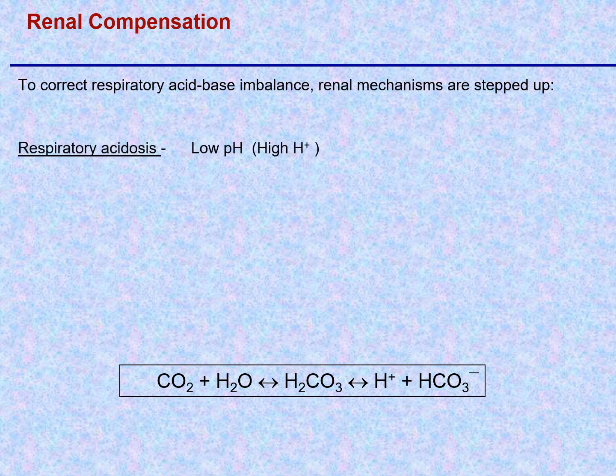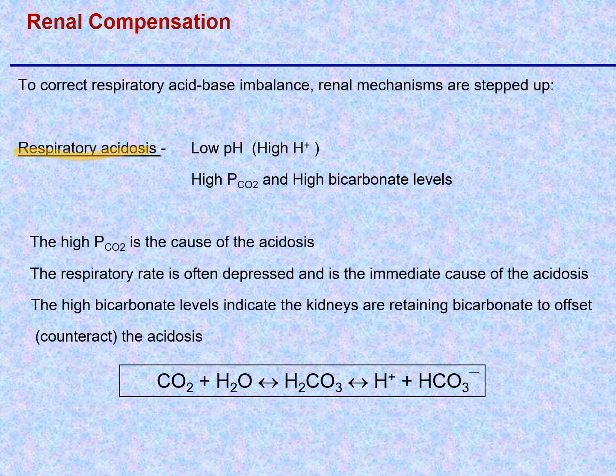So, renal compensation for respiratory acidosis. The renal mechanism kicks in to compensate for this. Typically, it's acidosis, so you have a low pH. Typically, there would be a high PCO2 and a high bicarb level associated with this. In fact, the high PCO2 is the cause of the acidosis. Remember, this occurs in people who have trouble blowing off enough CO2 to maintain a balanced level of pH in their body. Respiratory rate is often depressed, or